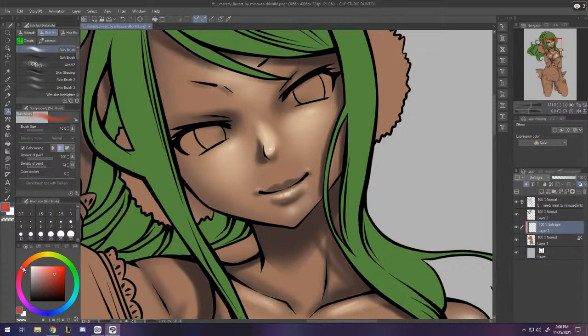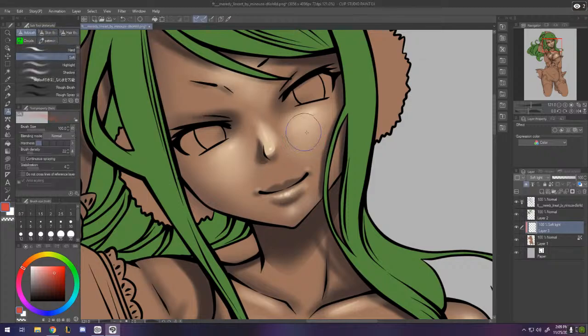But we're not going to go with like extreme red. We're just going to go like here. Kind of a vermilion color. If you don't know what vermilion is, it's kind of a peachy pink color. So we're going to go with that. We're going to use a soft airbrush. Don't use the skin brush, but with soft airbrush. And then you just go over parts that are close to the surface of the skin, like cheeks here for blush, see? And of course in the nose, and in the mouth, and in the chin,